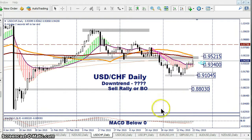Okay, so let me just draw that in. So if price breaks above here, above the 50, and I drew in the 100, then price is going to go higher. Or the other thing to do is just wait for price to break completely down below this multiple support area. Here's one support, here's a second support. So it's kind of a double bottom. Usually after a double bottom, prices go higher, but again, we either want to sell at resistance,